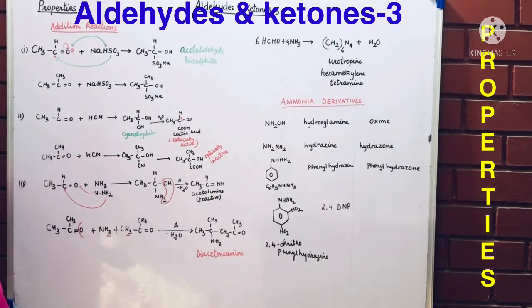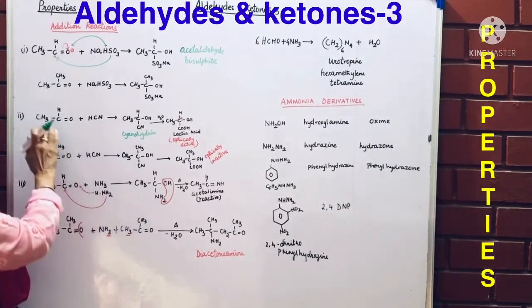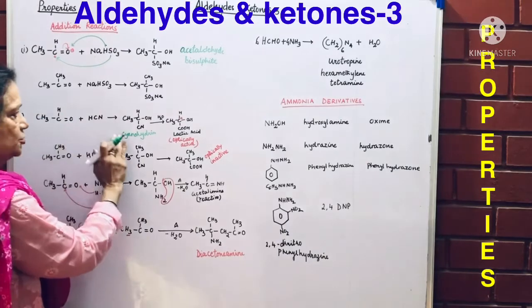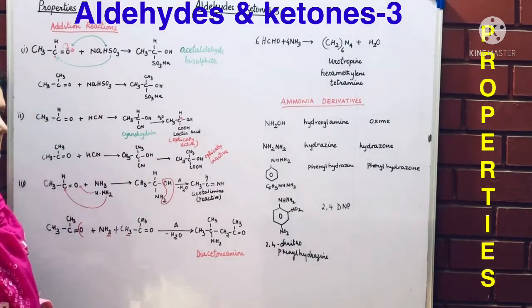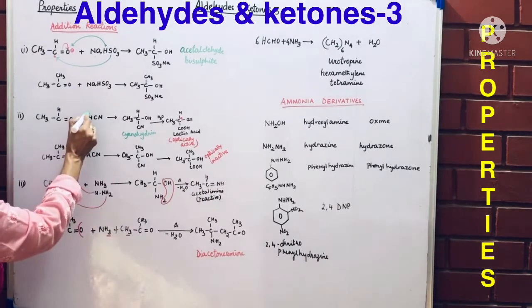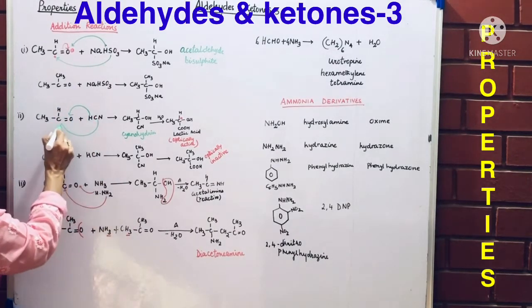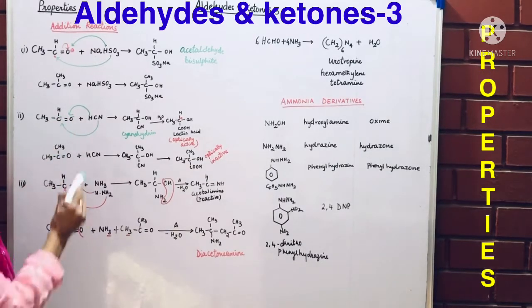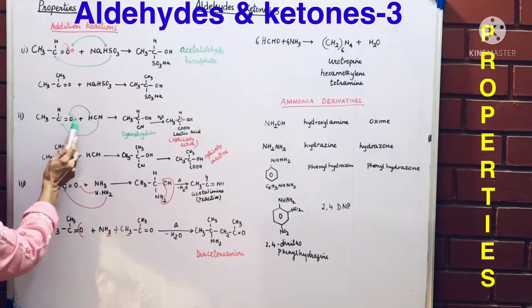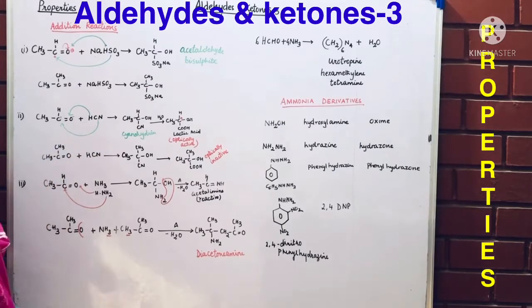Next reaction is an important reaction, which reacts with hydrogen cyanide. Now in the question it might say convert acetaldehyde into cyanohydrin. So you should know that you have to react with HCN. Again same, this is positive, this is negative. So addition reactions take place. OH attaches here, cyanide attaches here.